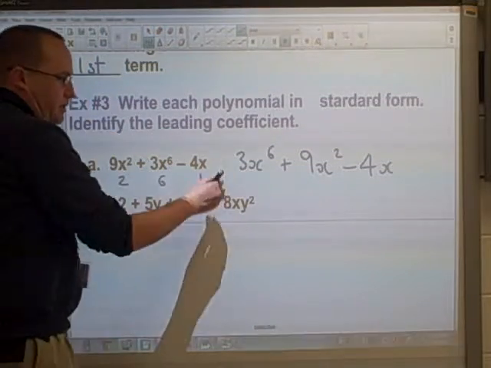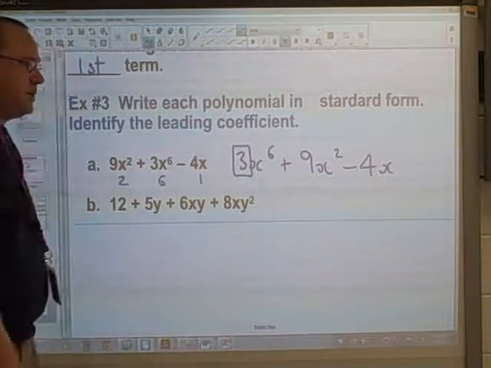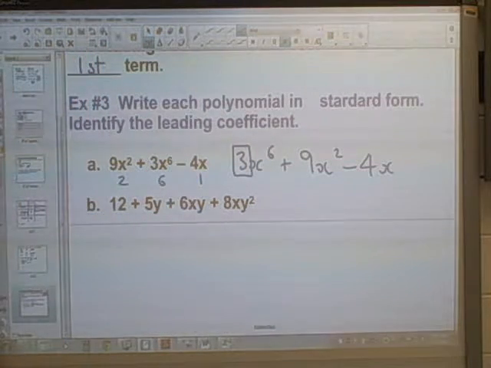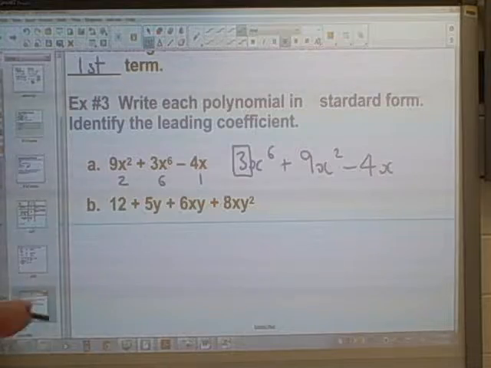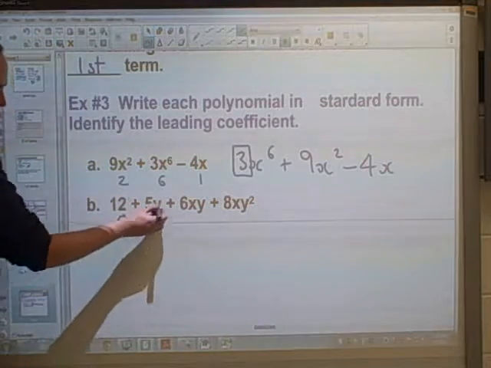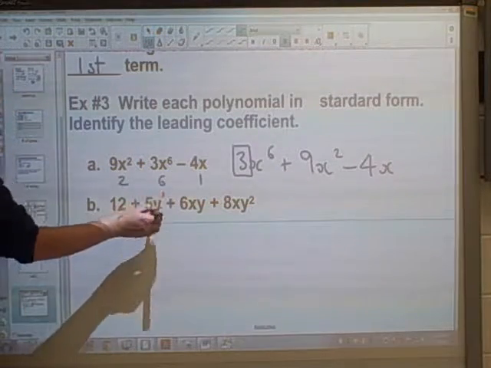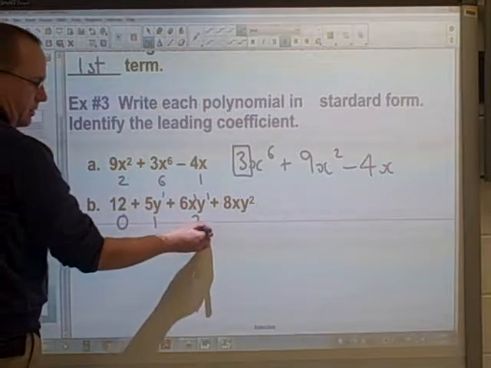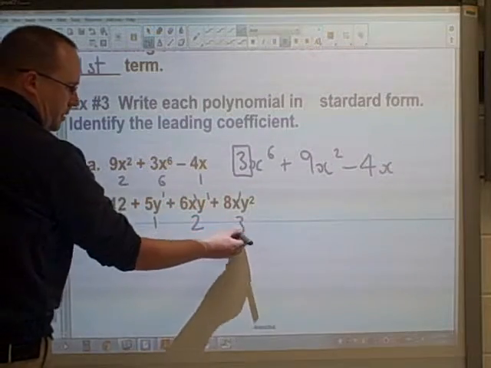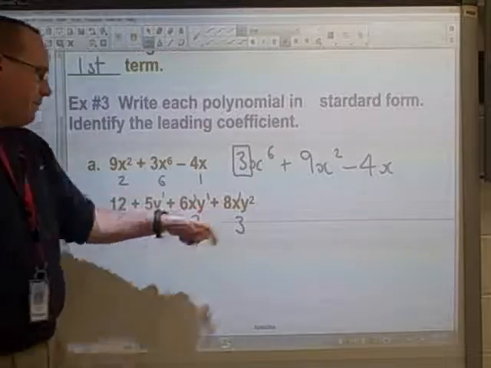The leading coefficient refers to the first number that you see for the first term. So the leading coefficient for this one would be 3. Now our degree for this one is 0. This is y to the 1, so 1. 1 and 1 together gives us 2. 1 and 2 gives us 3. So actually we need this one first,